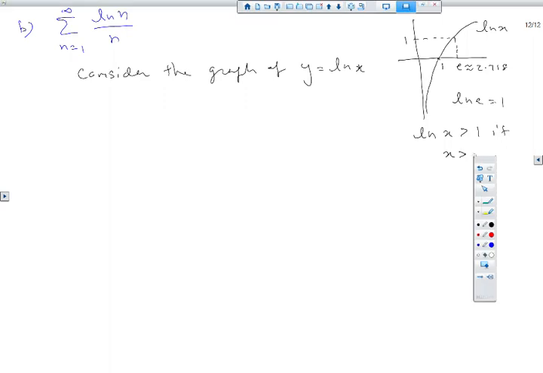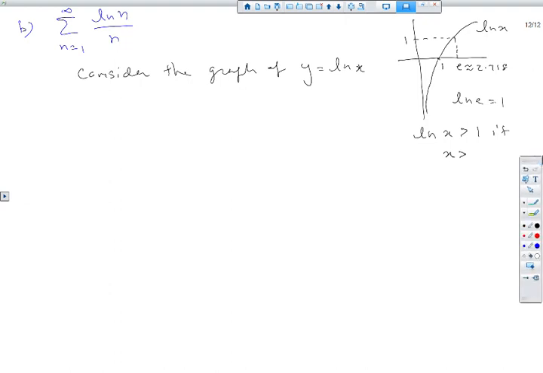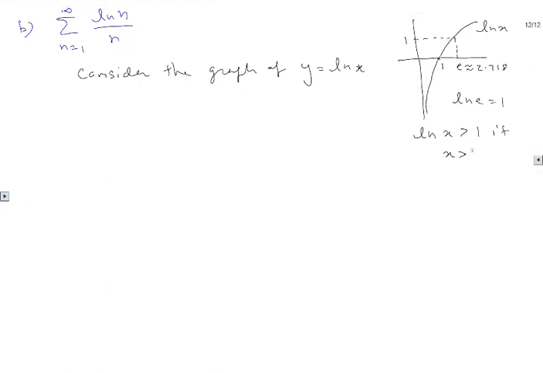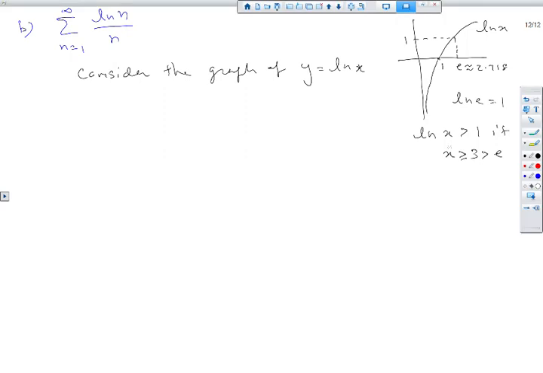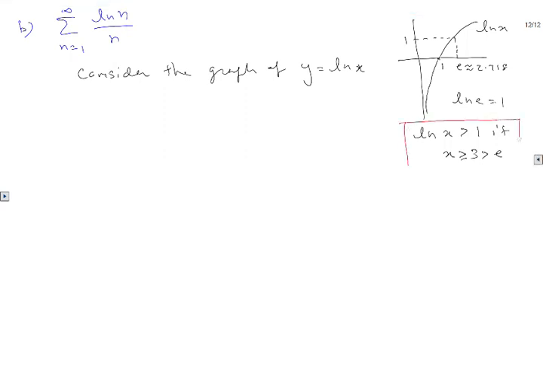For our purpose we can say greater than 3, which is greater than e. That's what we want, so we're going to go with that. If x is greater than e, then ln x is greater than 1. So if you consider terms after 2, starting with 3,